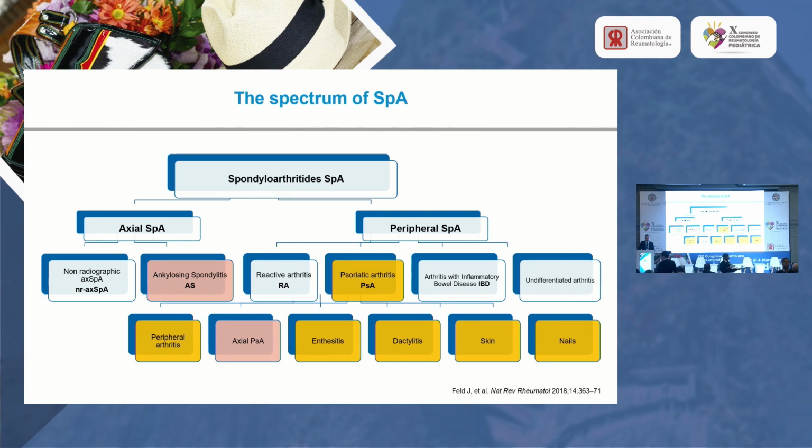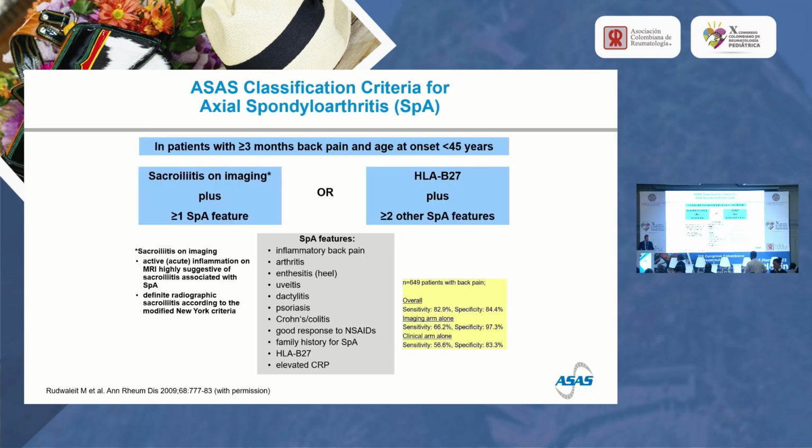Spondyloarthritis, in that sense, would also mean not only axial but also peripheral spondyloarthritis, and also the axial psoriatic arthritis in part. And this has obviously implications for how we treat this disease. Now, remember, I will speak about axial and about peripheral spondyloarthritis only in this case. Peripheral spondyloarthritis includes psoriatic arthritis. And as I mentioned, we do not have diagnostic criteria for SPA, for spondyloarthritis. For the axial component,